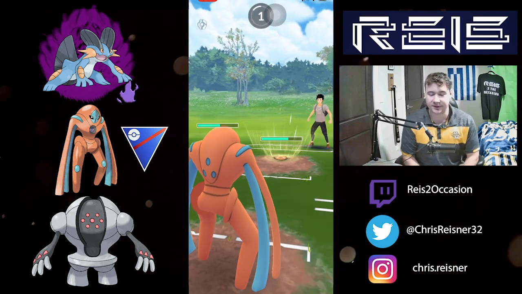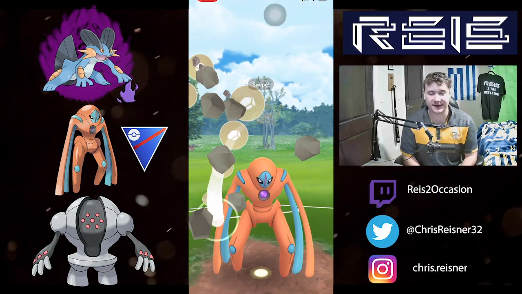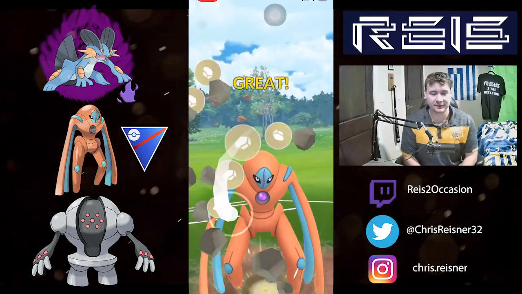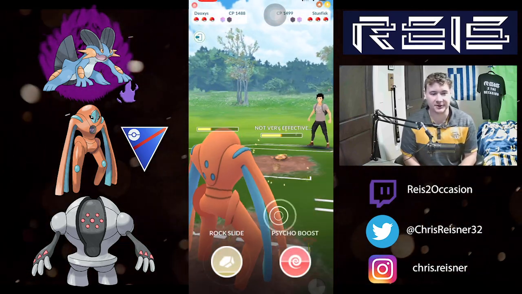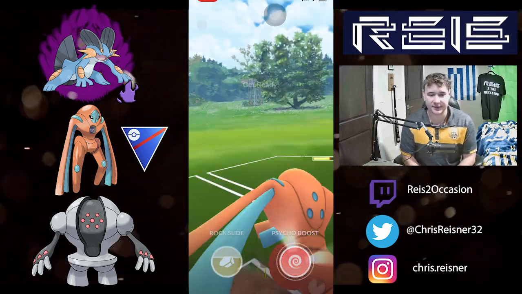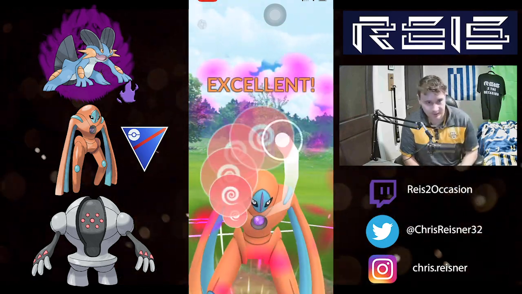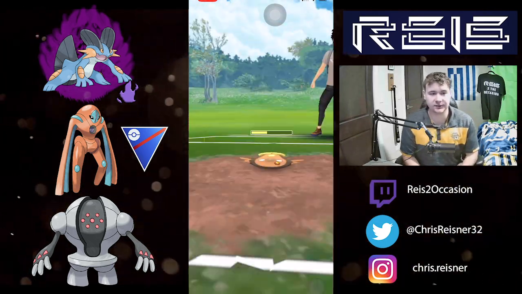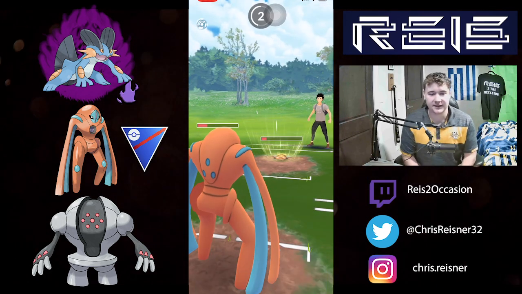This is not a very good matchup for our Deoxys because the Stunfisk is tank. It's going to be spamming off moves for neutral damage, and our Rock Slide is not going to do very much at all since it's resisted. So what I do is I throw the 1 Rock Slide and then I go for double Psycho Boosts. This first one will do a nice bit of damage. It won't KO. Going for the second one, I'm thinking I